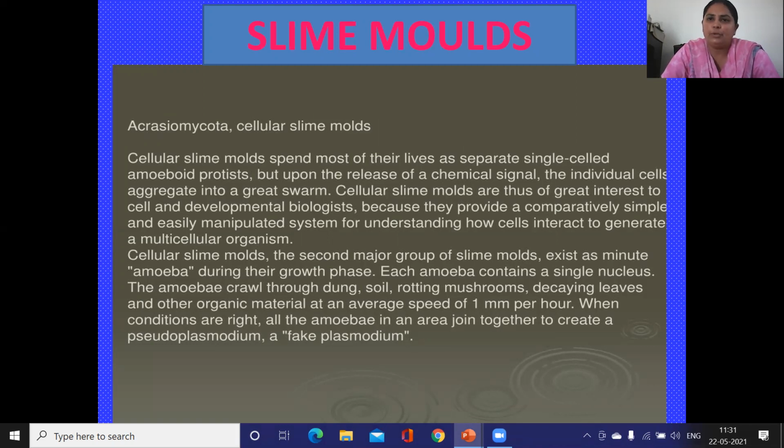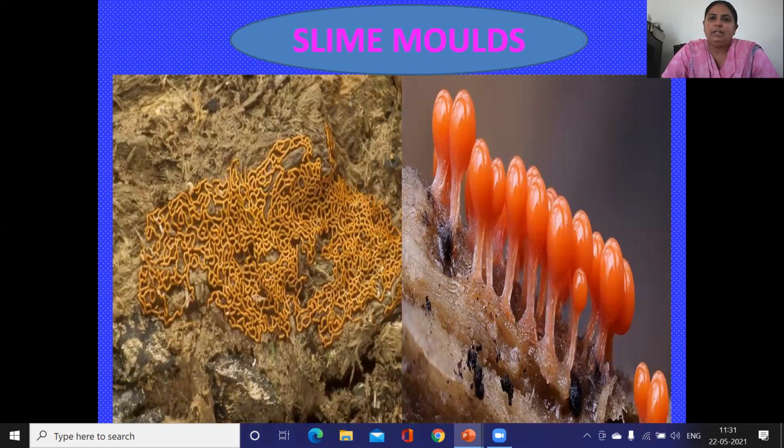So here I am going to show you the picture of slime molds. See, they are in the form of cellular aggregates on the wooden logs, twigs, etc. And in the second picture, I am showing you the fruiting bodies that develop on these slime molds when the conditions are not favorable. These fruiting bodies have spores inside them. When they get mature, the air blows, then these spores come out, and in this way they further grow and form the body of the slime mold.